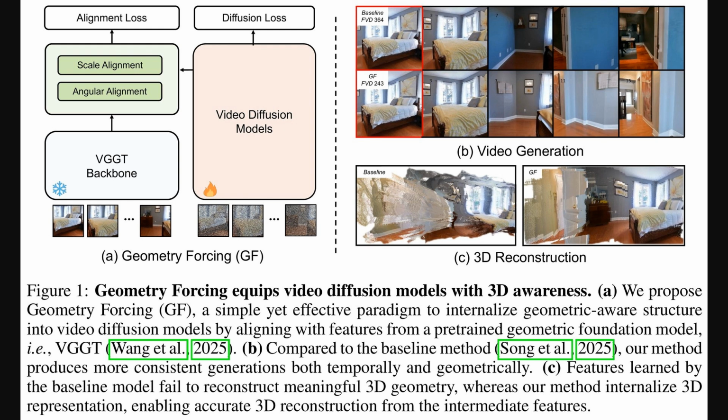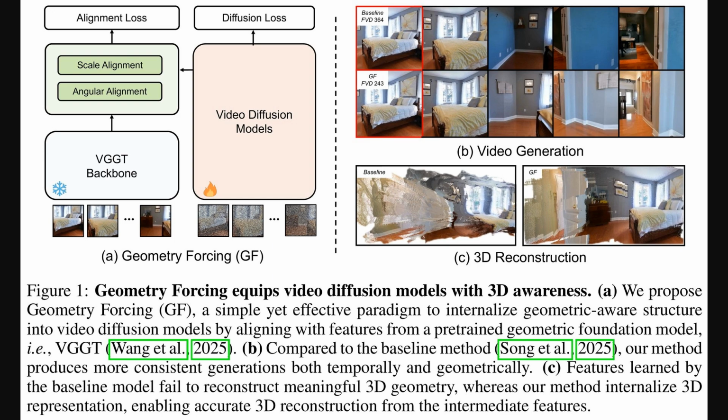On the left, it shows a pre-trained model that understands 3D geometry, a visual geometry grounded transformer, or VGGT, being used to guide the main video model. And the results are dramatic. The baseline video quickly becomes incoherent, while the geometry forcing video stays stable. But the most telling part is the 3D reconstruction. The baseline's internal features produce a jumbled mess, while their method creates a clean, recognizable room, proving the model truly